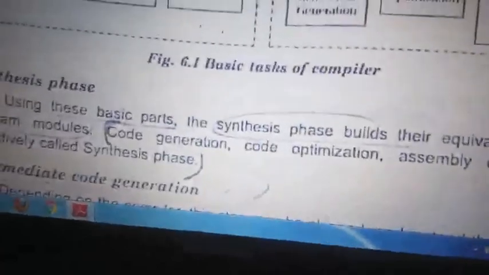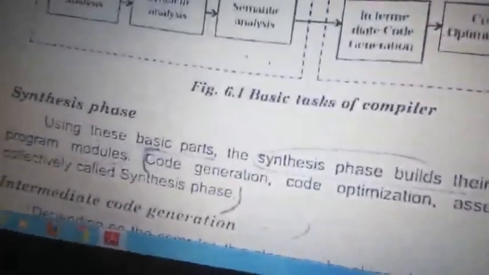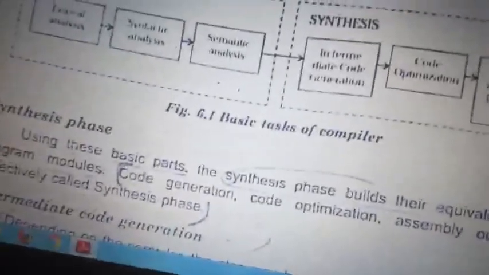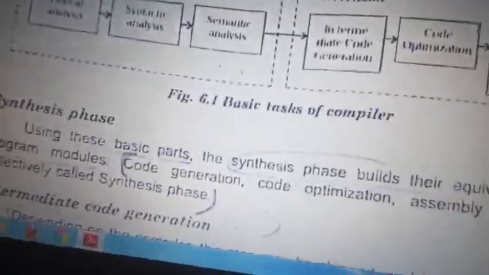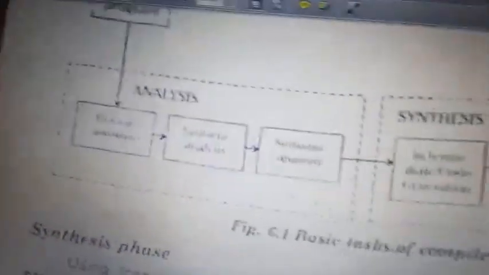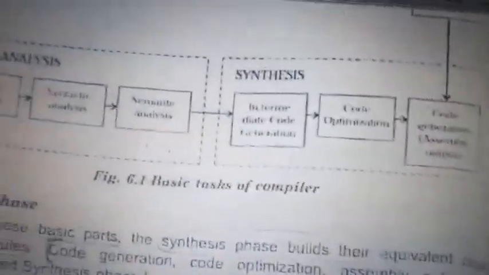Yeah, so we'll go with the synthesis phase. What is the synthesis phase? It is again divided into 3. Synthesis means nothing but it gives the target program. So after execution of this phase, we will get the total output, that is the object program. You can see that 3 plus 3, 6 is there. How come it's a 7 phase?